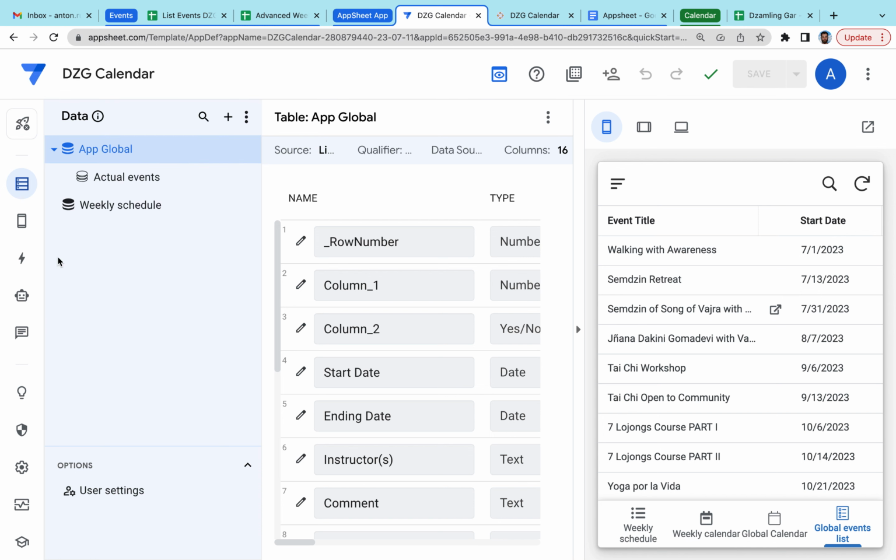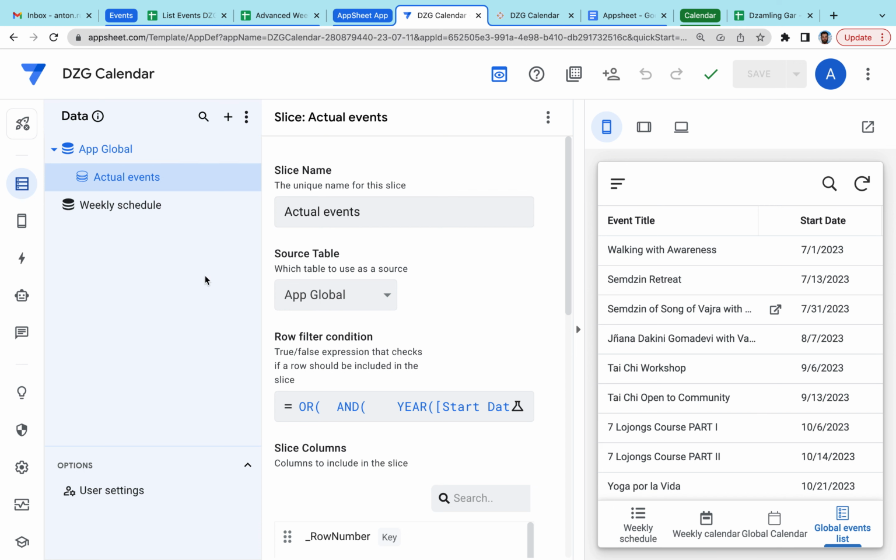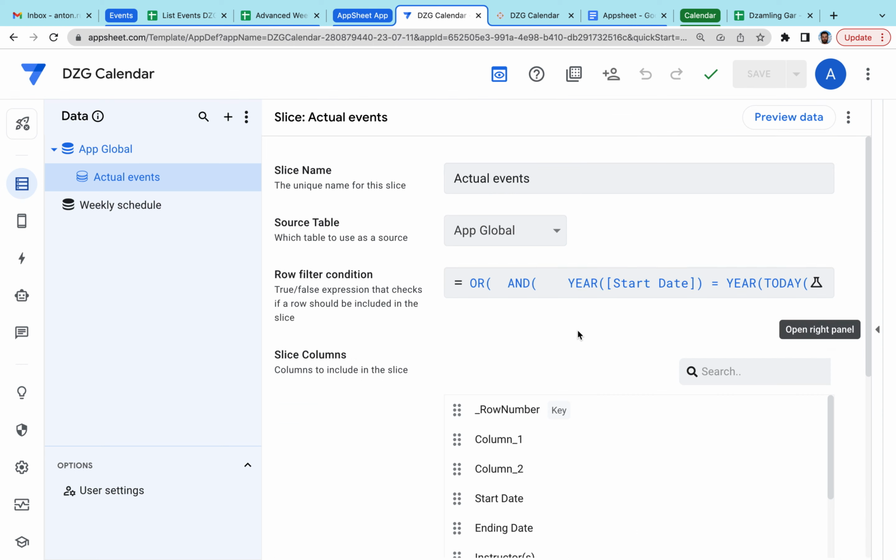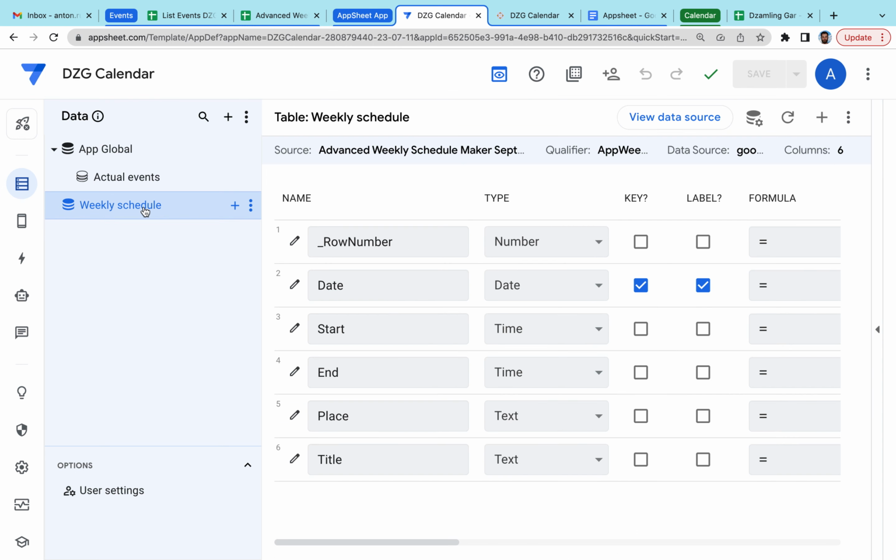So once again, what is nice about this product, why it's super easy to use, and why people who don't know any programming can work with this, is that as a source you can use just spreadsheets. As you can see here, since we have a weekly schedule and a global schedule, we are using as the source of the data two spreadsheets that we have: list of events and advanced weekly schedule maker.